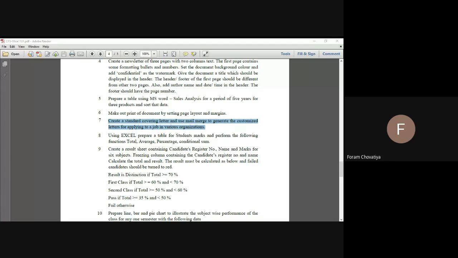So in that practical, which type of task do you have to follow? Does anyone have an idea about that?